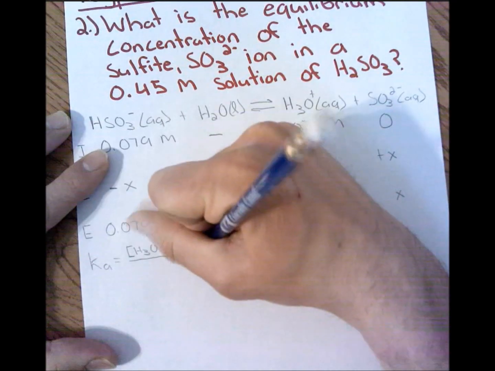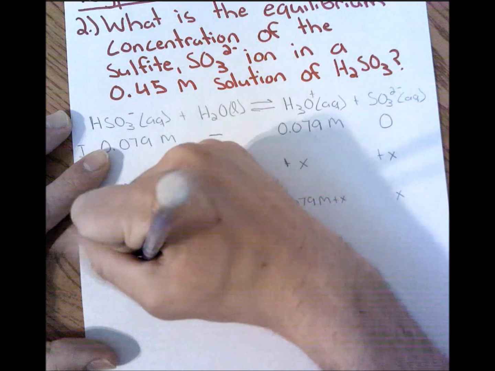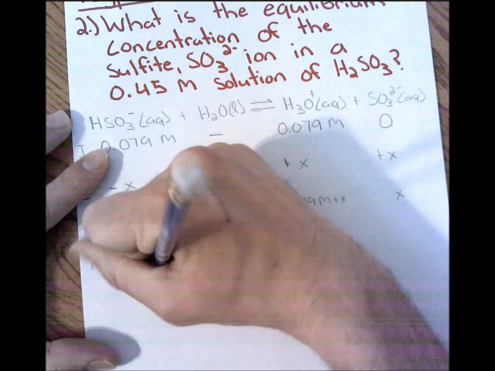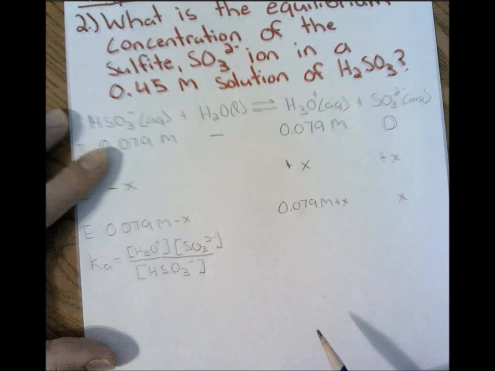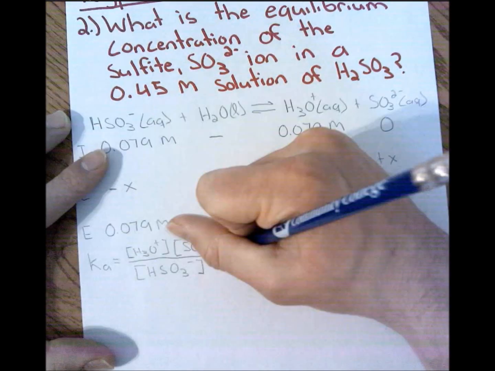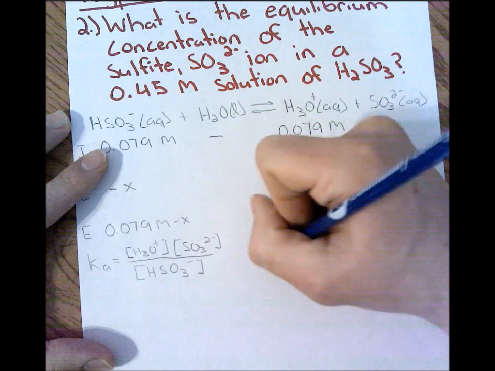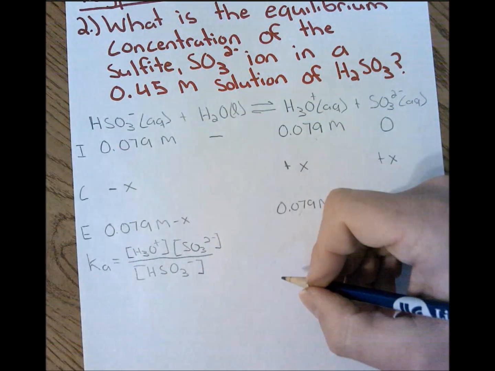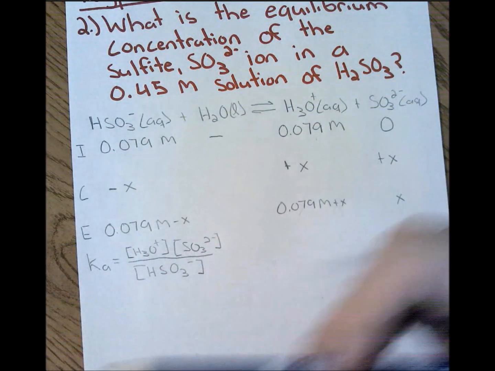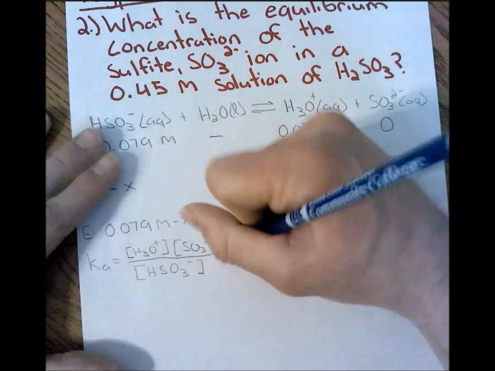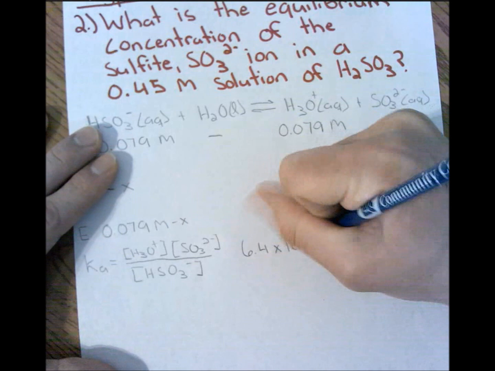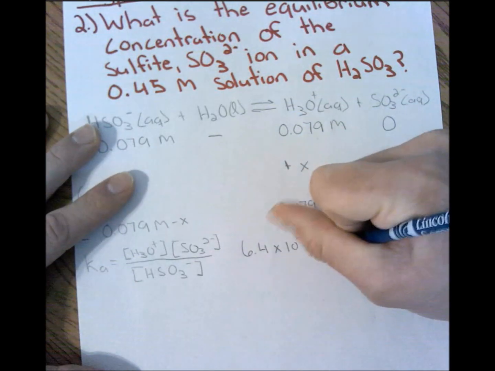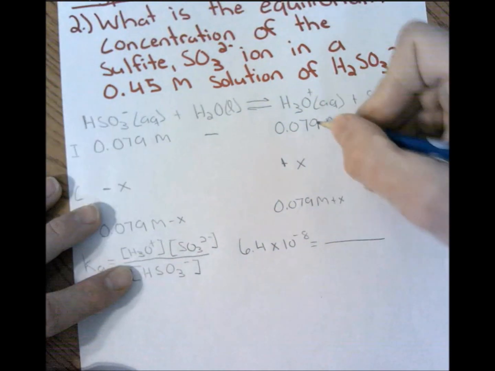Here we have to enter our Ka, which from the previous page, I'm just reading off, is 6.4 times 10 to the negative 8th. This is equal to our value of H3O plus, which is 0.079 plus X, times our X, all divided by